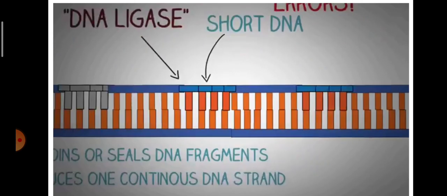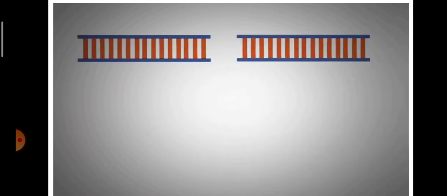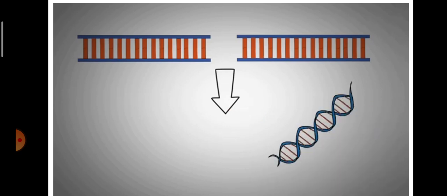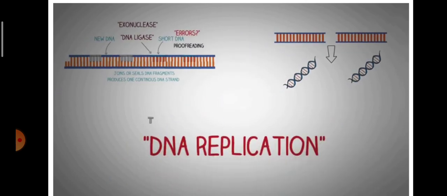Lastly, it is also important to check for errors in the newly synthesized DNA, and this is done by another type of DNA polymerase, which proofreads the newly synthesized DNA for any wrong bases that may have been inserted, and if it finds a wrong base or sequence, it removes the base and then replaces it with a correct one. After the process of DNA replication is completed, the two newly synthesized DNA molecules coil up again into the DNA helix model. So this was a brief overview about the process of DNA replication.